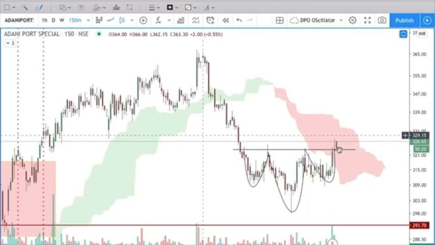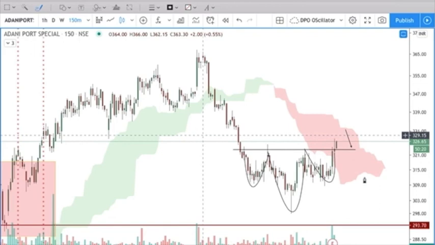Now once this pattern is completed, once this has happened, you say that we now have a breakout of head and shoulders. Now the question really is, when should we enter? We ideally want to enter somewhere in here, near the neckline. Whether that opportunity will be given to us, we don't know. But at the moment, all that we can say is that the breakout has definitely happened, the stock is bullish, and we're now looking at an entry point.